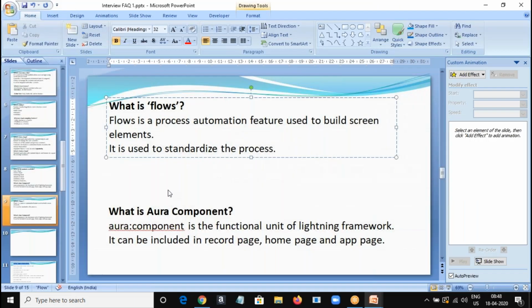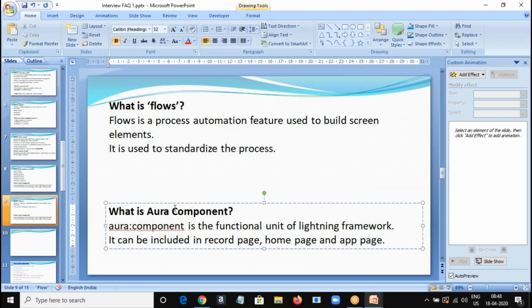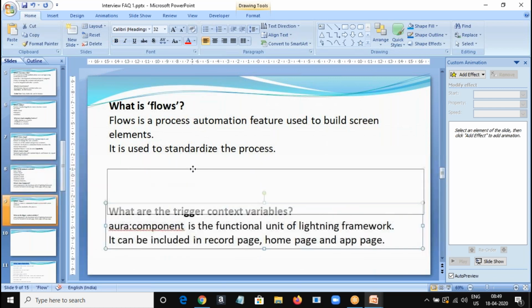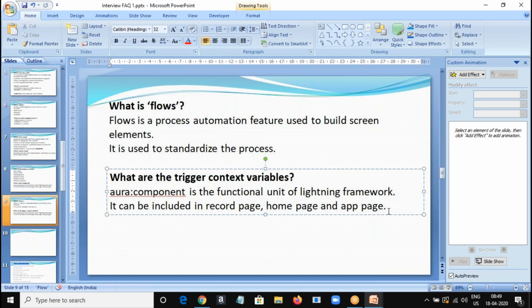Right. What are the trigger context variables? How do you explain what are the trigger context variables?